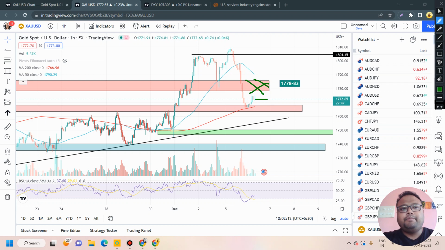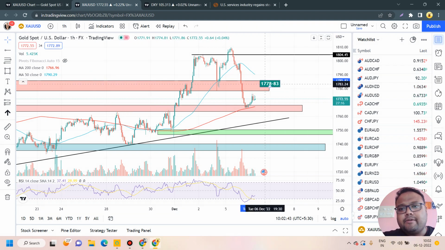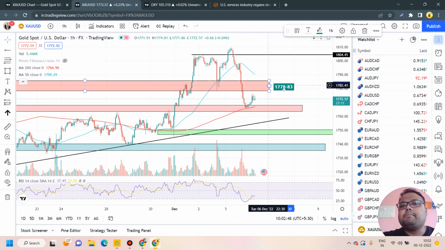And as we all know, previous resistances become support and support becomes resistance. DXY is also standing at a resistance right now, a previous support which is now acting as resistance. But if you look at the chart of DXY, then obviously there's a possibility that DXY may break the resistance and show further upside, especially during the European session or US session. But as of now, 1778 to 1783 is the resistance, not a very strong resistance but a minor resistance for